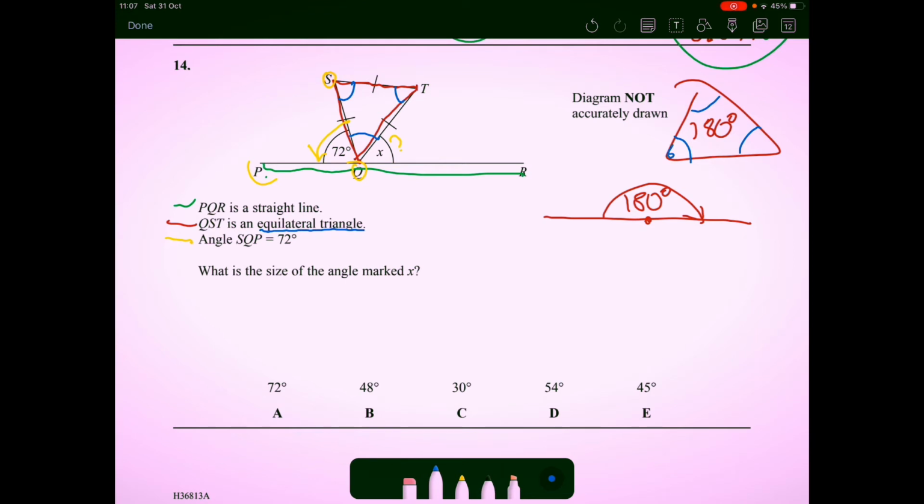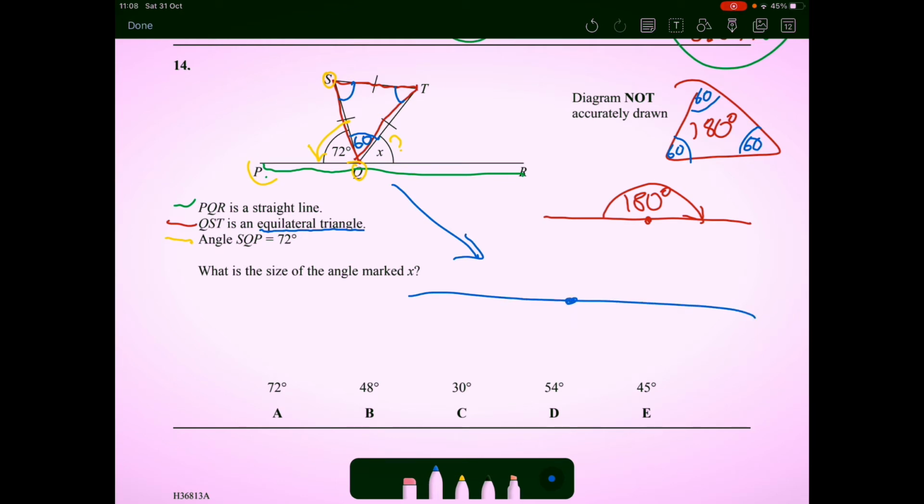And therefore every single one of those is going to be 60, as 3 lots of 60 is 180. So I can just write a little 60 in here. In an exam, I would strongly encourage you to label everything you can on a diagram to fill in all the gaps, because that normally ends up giving you the answer. What we can see here